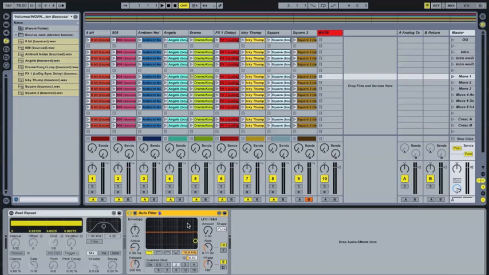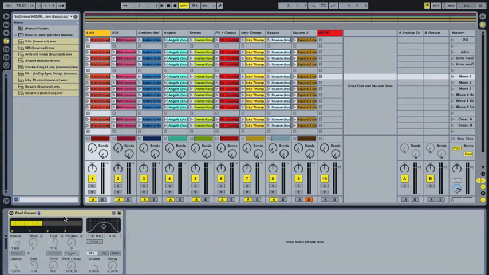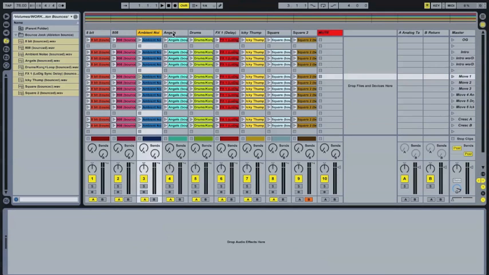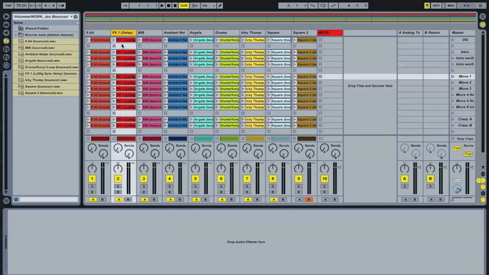Got a high cut filter, or low pass filter, and 8-bit. I did some beat repeat on the original track. I don't really remember what else I did, but I do have for my 8-bit